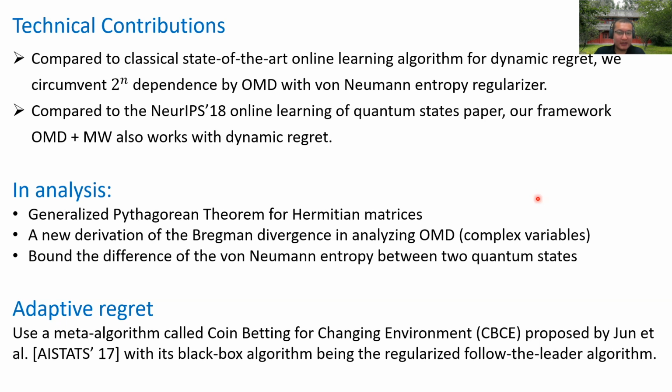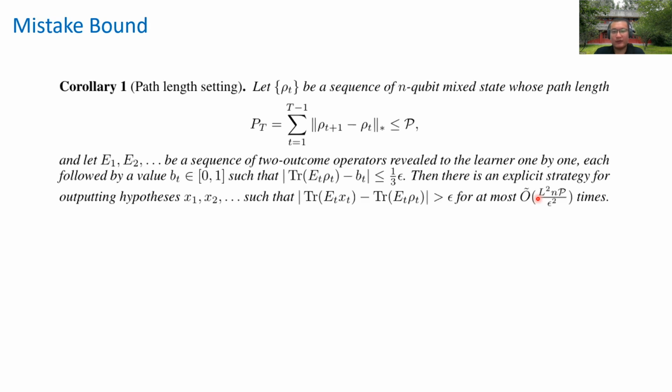Okay, so these are our technical results, and maybe one last thing about our technical contribution here is something called a mistake bound. I've been talking about online learning and regret, which are somehow jargon in machine learning, and maybe you want a more intuitive way to see this. I guess a very intuitive way to see this is the mistake bound.